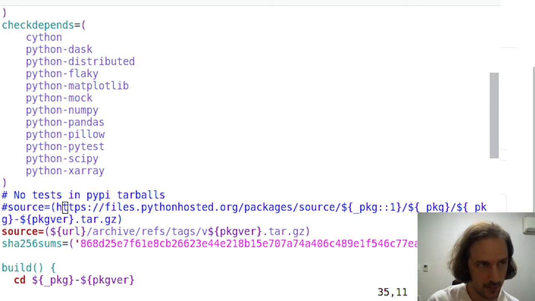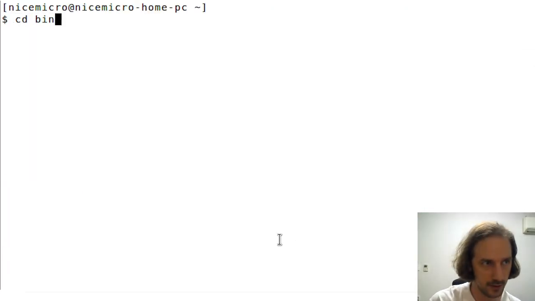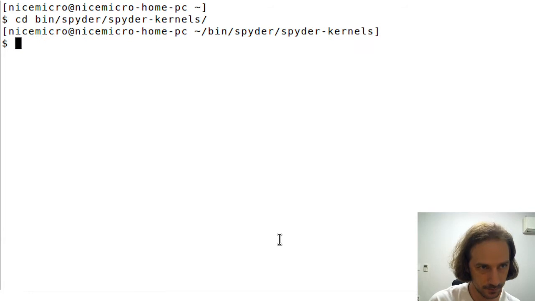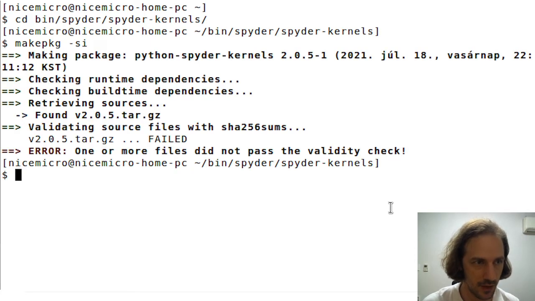So let me just go back to my terminal window here and go back to my folder where my Spider kernels are. Now I can just run the make package command to make the package based on this package build file. You have to be in the same directory where your package build file is located, and then just run the command. After downloading these sources, I already downloaded it because I had a cut here, but